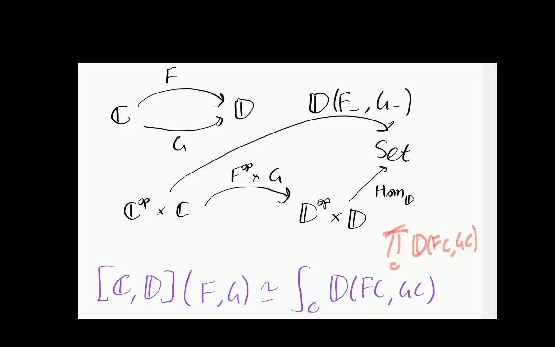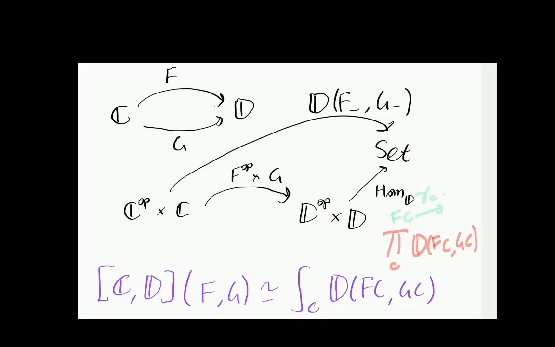Actually, you get your end by taking this product and then doing some kind of equalizer to select some subset of it. But that makes sense, right? Because what are the elements in a product like this? Well, you can think of them as tuples, right? For every object of C, you're going to have something from FC to GC. Something like, for example,